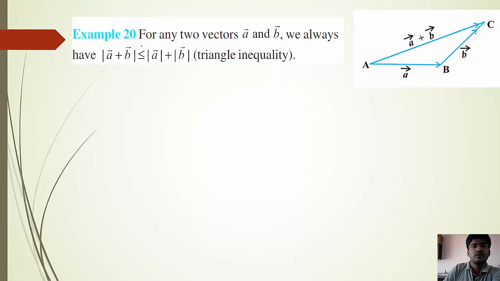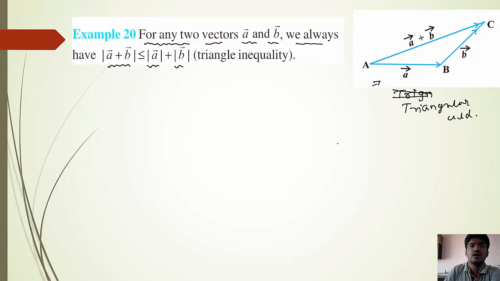See, for any two vectors, vector A and vector B, we always have magnitude of A plus B is lesser than or equal to magnitude of A plus magnitude of B. This is the diagram. Clear? They are using triangular addition. So that's why here